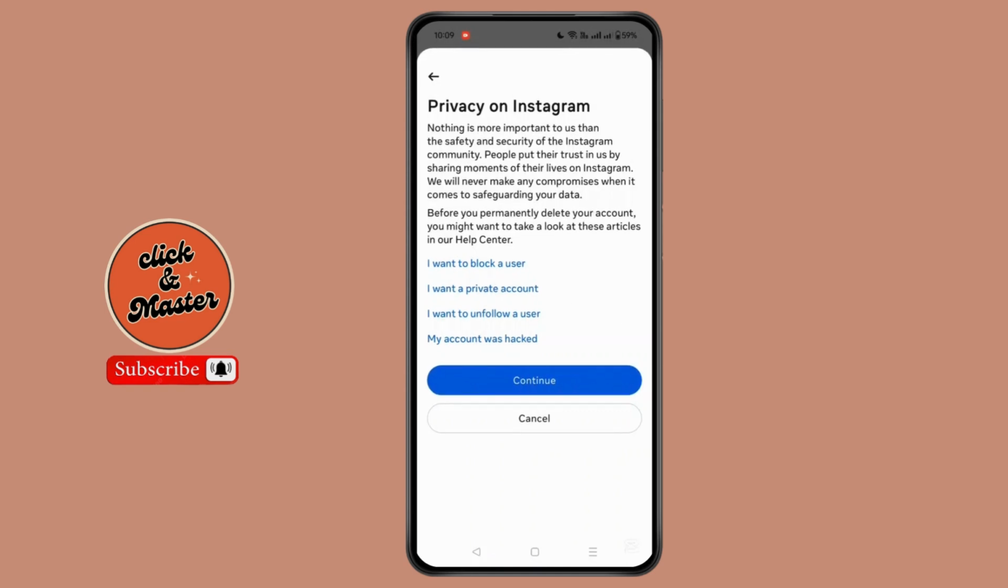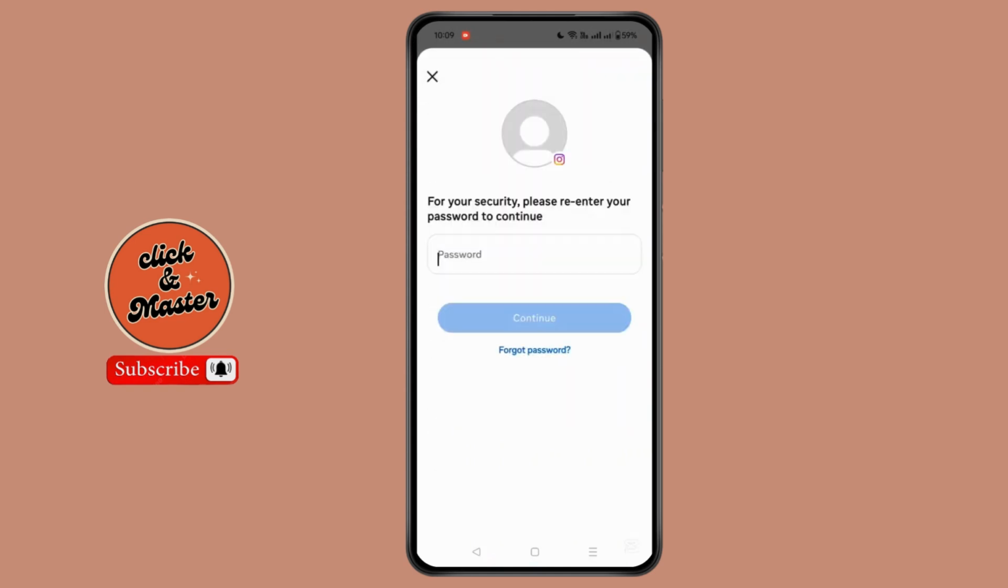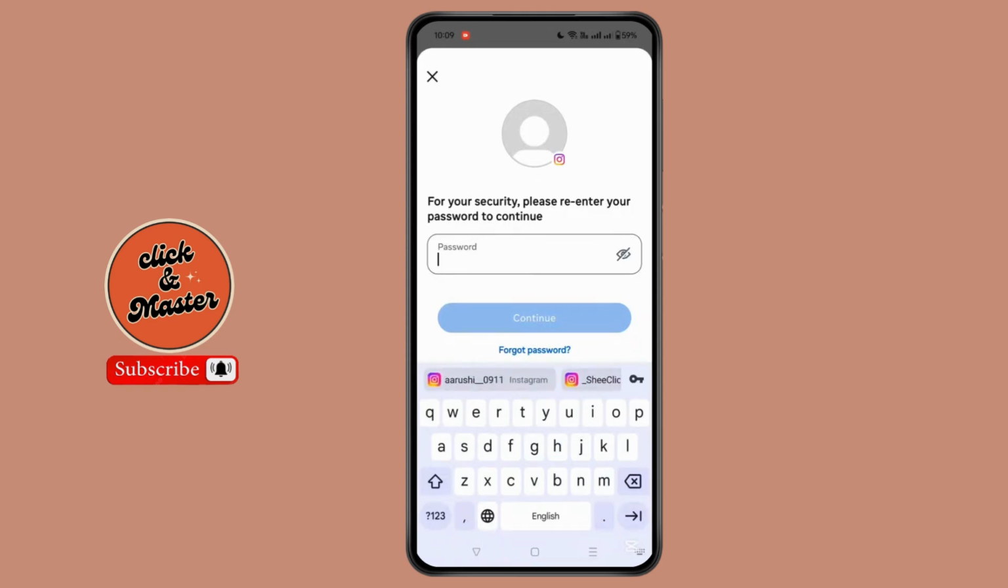After that, here in privacy on Instagram, again click on continue. Provide your password and then you will be able to successfully delete your account after 30 days. So within these 30 days, if you do not log in with your account details, your account will be permanently